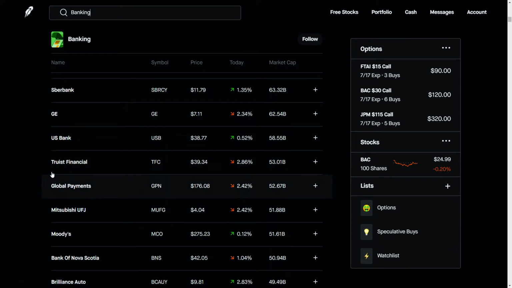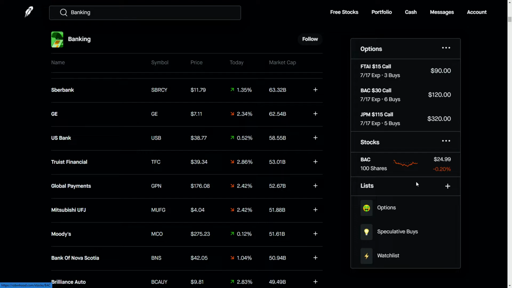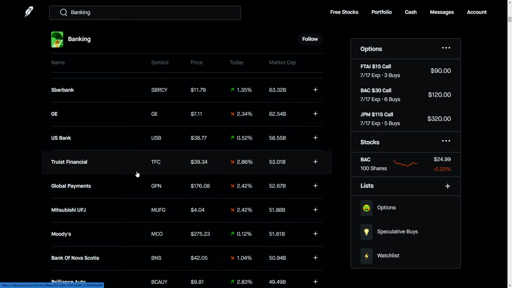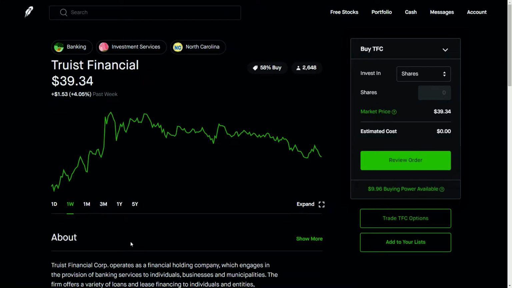When we're looking at these other sympathy plays, I want to know why they are moving the way that they are. So for example, Bank of America was down 0.20% today. However, Truist right here, which is another large super regional bank, was down nearly 3%. Does this mean that my investment is going to continue to go down? Or does that mean that there's something different occurring with Truist? I don't know. But these are the type of questions that I ask when I'm looking at these different financial